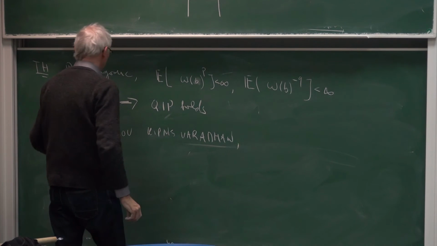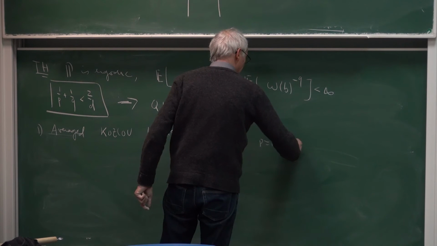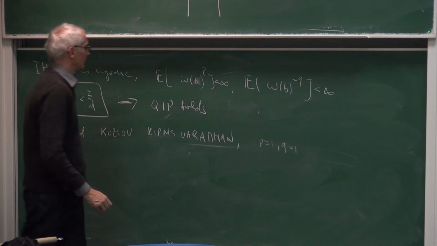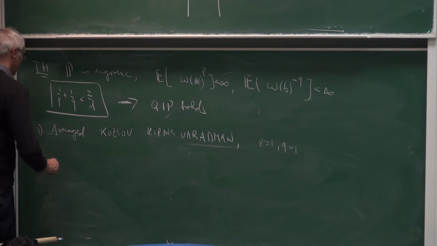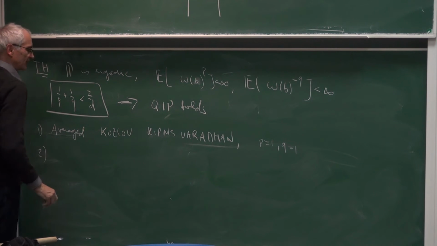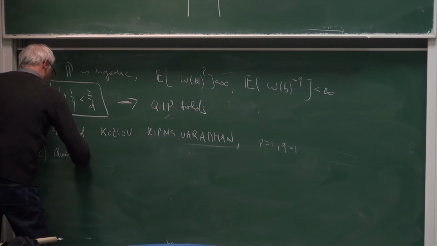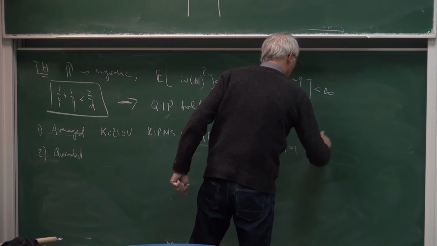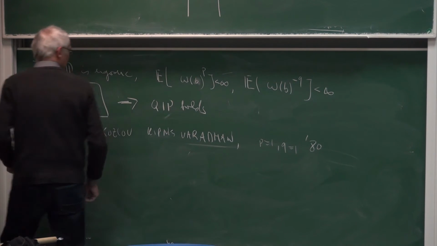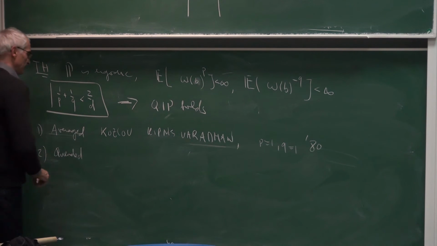And here what they actually use is P equals 1 and Q equals 1. You see we are off. This is more stricter. If you're not interested in average but in the quench case, so that was in the 80s, 80s of the previous century. It took about more than 20 years, 2000 or so,